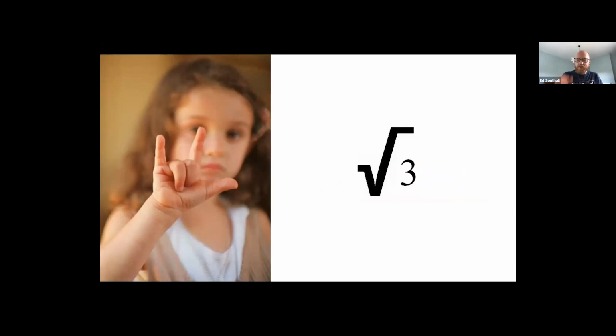Surd is quite a common story now. Surd is a really odd word. It means deaf, and it's a combination of a number of different mistranslations and misinterpretations. Originally in Greek, it was called alogos, which means not rational, and that was translated into deaf because it sounds similar to another word and then translated back and so on. It just gets very silly. It should just be called irrational, but we call it surd.